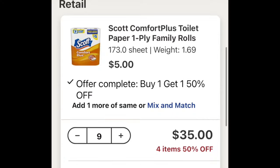You're going to throw in 9 toilet papers. Alternatively, you can grab some paper towel or all toilet paper. I was able to throw in 9 at this one location. Some stores might limit you to this, but if you're going to put a monster haul in like this, get